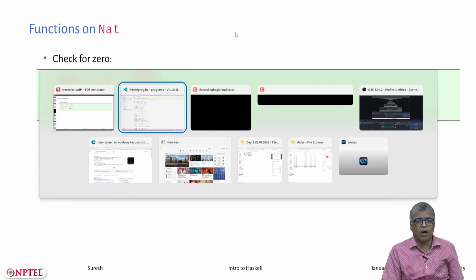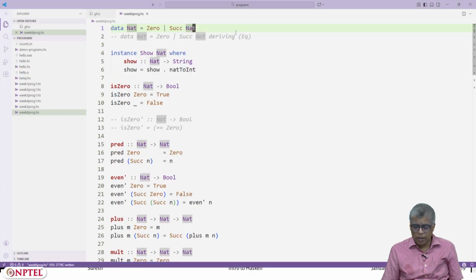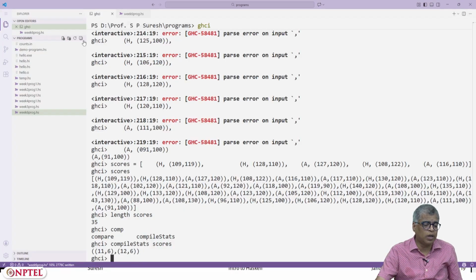Let me go to GHCi. I shall create a new file called temp.hs.